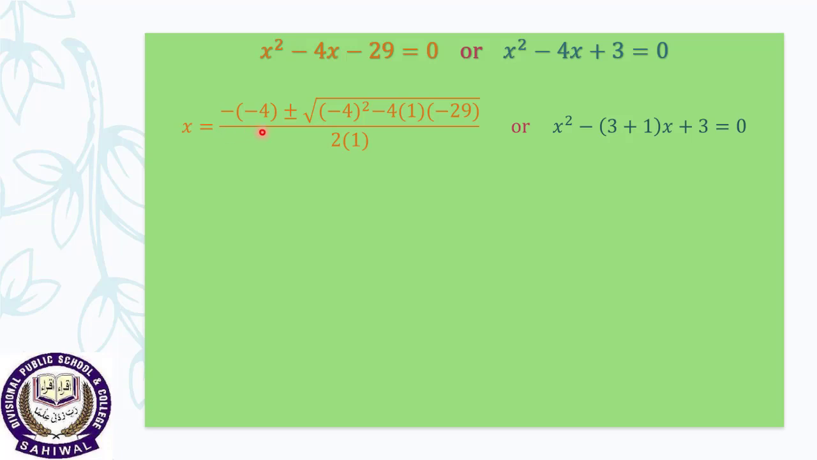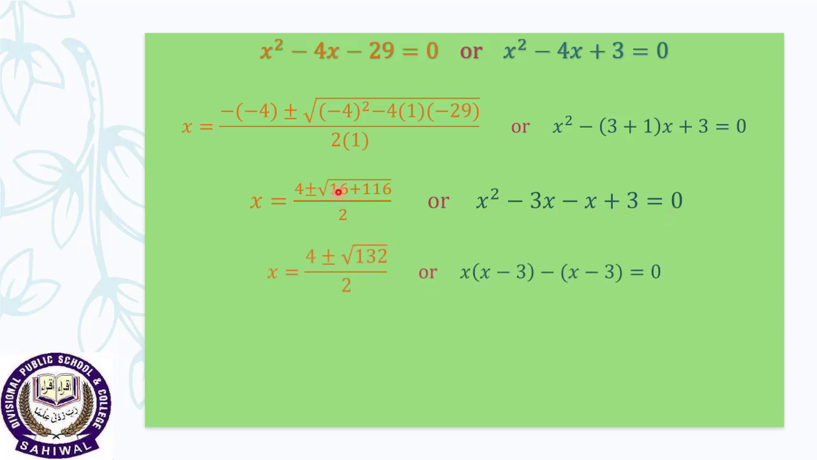Putting the values of a, b and c in the quadratic formula, we get x is equal to 4 plus minus square root of 16 plus 116 over 2. And similarly, this equation can be written as x square minus 3x minus x plus 3 equal to 0. 16 plus 116 can be written as 132, and these two terms have x in common, so we can write it as